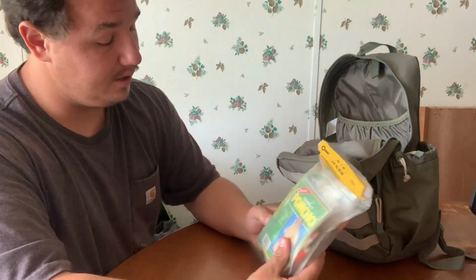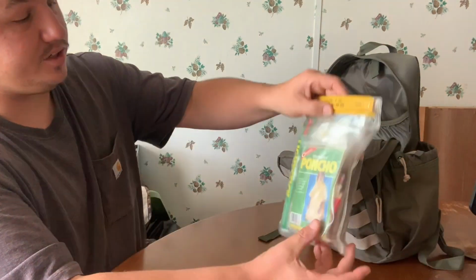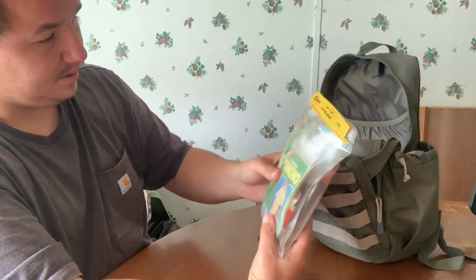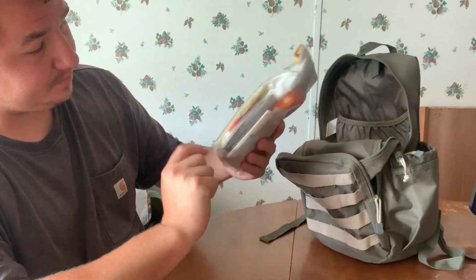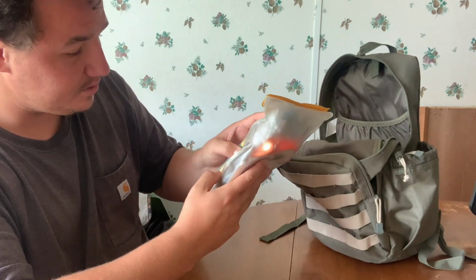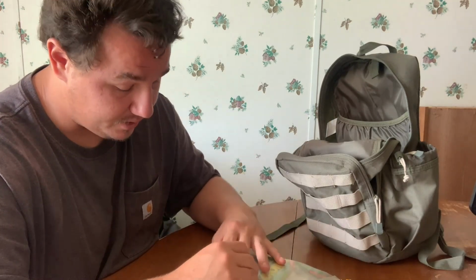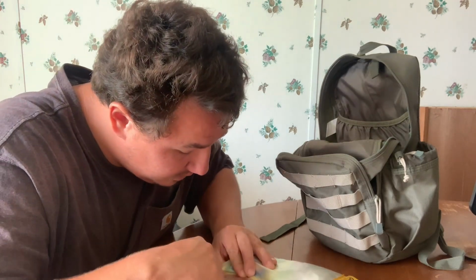Let's look at what's in here. Got a light stick. I'm not sure if that works because this is kind of old. The bag itself is waterproof. So that's good. Got a rain poncho. I don't have to buy another one. Another Mylar blanket. Couple fire sticks here, it looks like. Coghlan makes a really good fire starter that's like a stick, and it's compressed wood and everything. It's got a pencil, a candle,